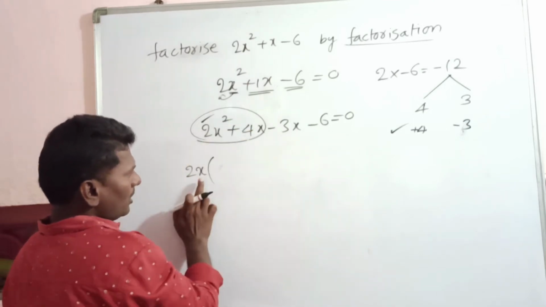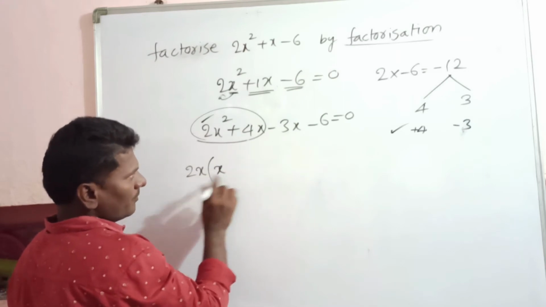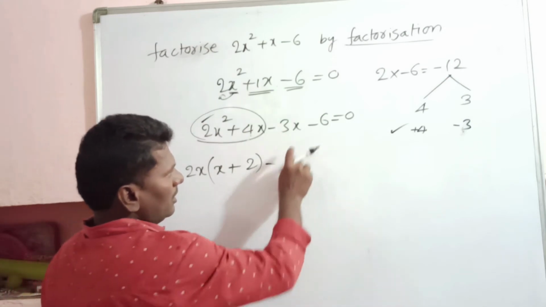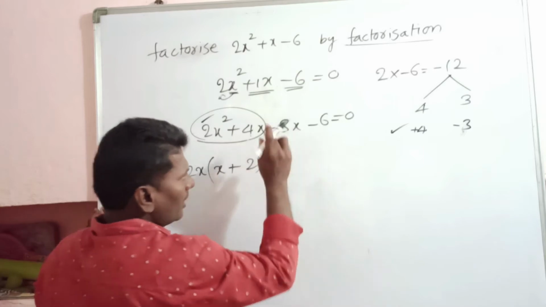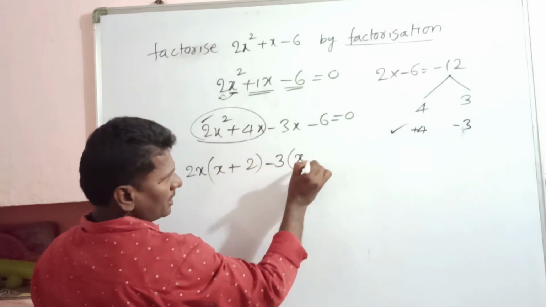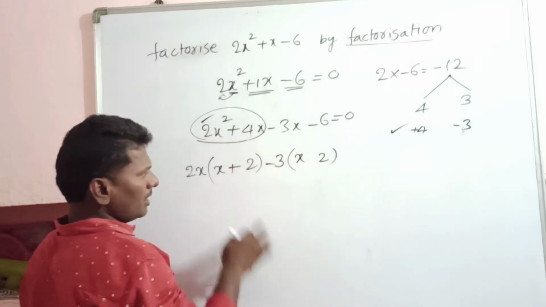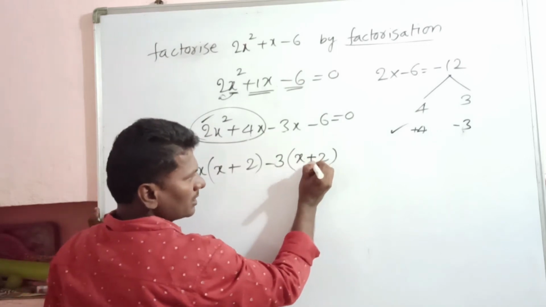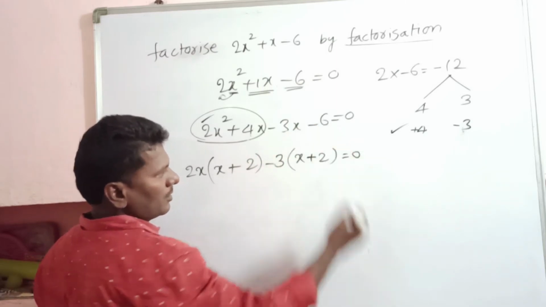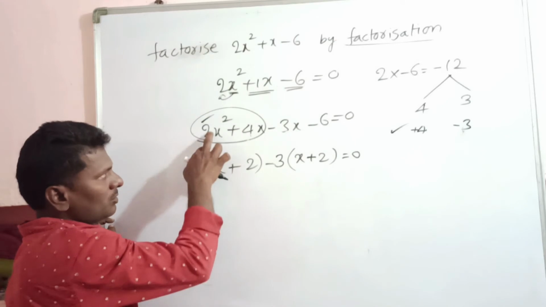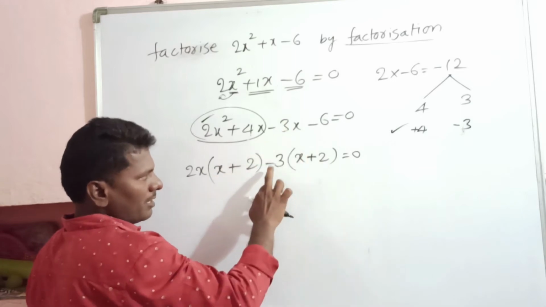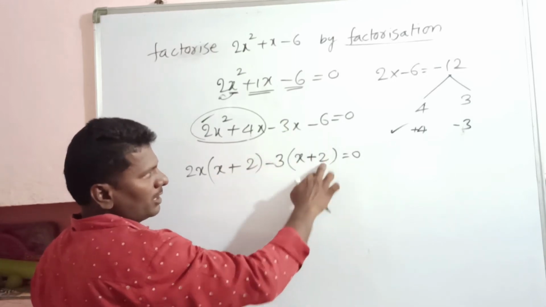Here out of 2x square, 1x is left here, 1x is here, plus 2 to the 4x minus, here is x, there is no x, that's why I am taking 3 as common factor. 3 is taken out, I am left with x, 3 to the 6. Here plus symbol is present, put here also plus symbol, because minus is taken as common, this minus becomes plus. Once again check, 2x into x, 2x square, 2x into 2, 4x, minus 3 into x, minus 3x, minus into minus plus, 3 to the 6.